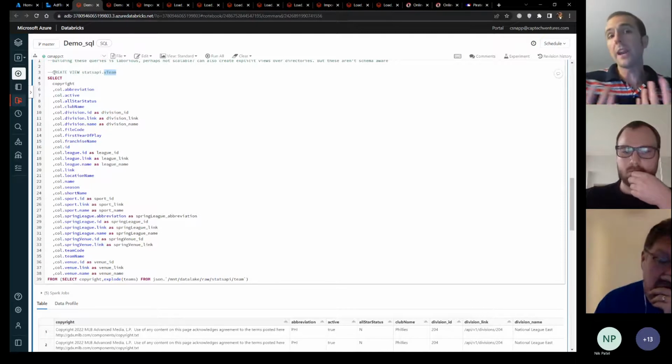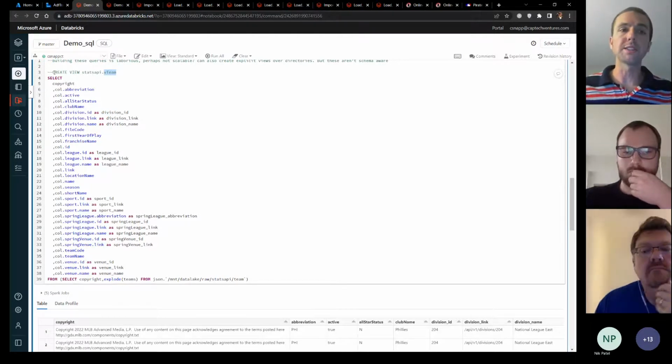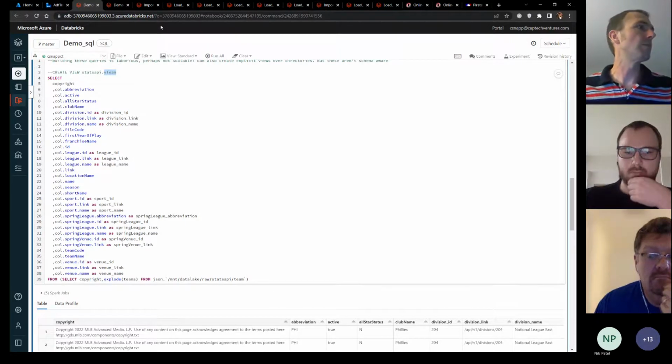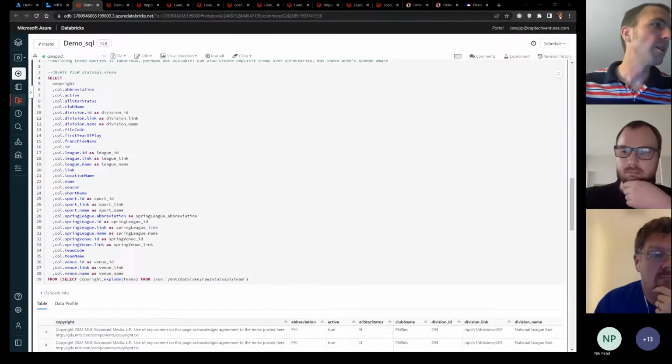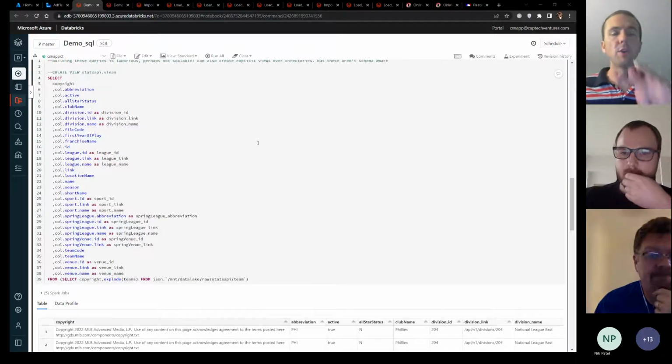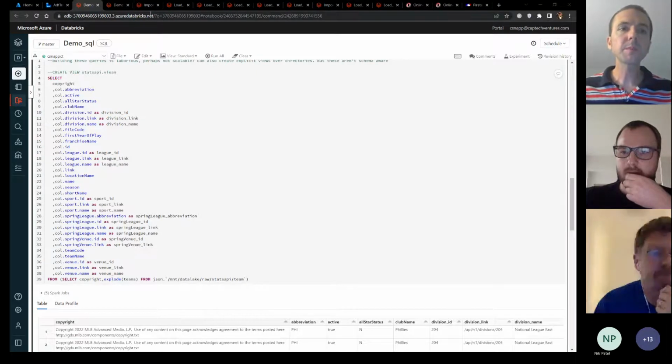An approach is to create a load notebook that says I'm going to create this table, called statsapi.team, and it's going to have this query, and then I want to productionize it. So I see a couple things coming through. Handling embedded JSON arrays. I know this particular example doesn't have it, but I'm going to show you one that does in the next, in the games file. The games file is a lot more complicated.